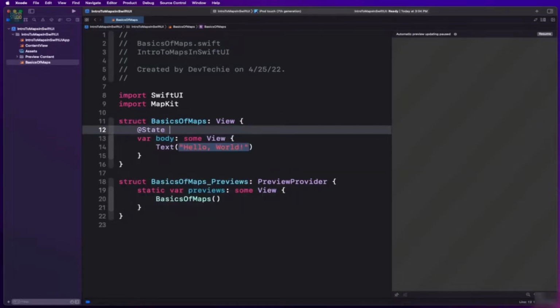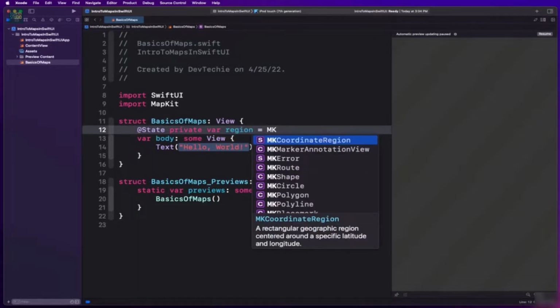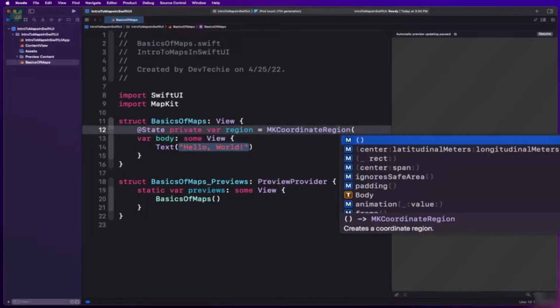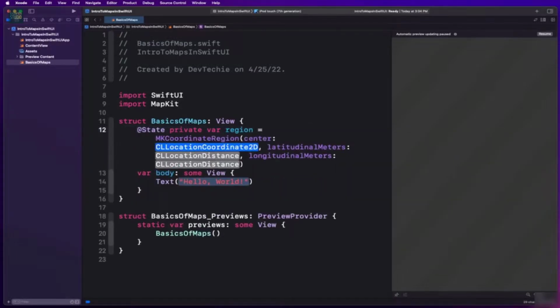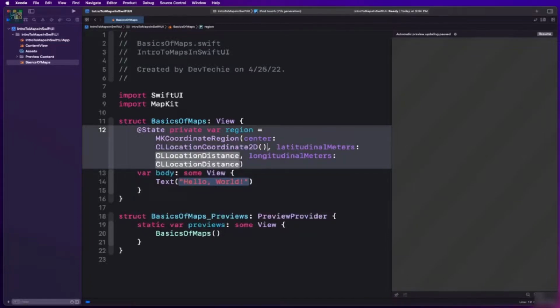Next thing we're going to do is create a state variable. So @State private var, and we're going to call this one region. This is going to be MKCoordinateRegion type, and its center is going to be at the place where Golden Gate Bridge is located. So I'm going to paste the coordinates, and the way you can actually get the coordinates is by simply going to